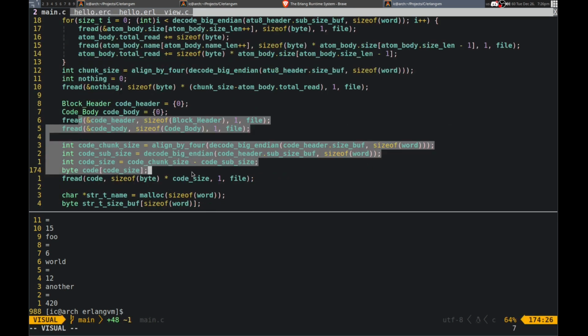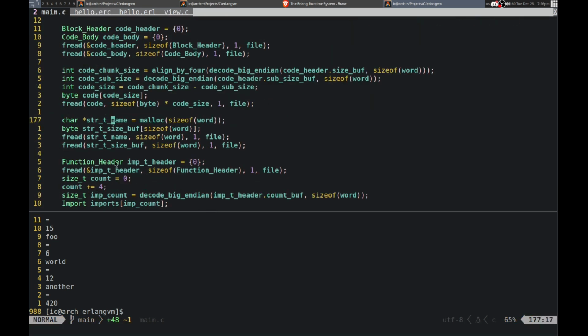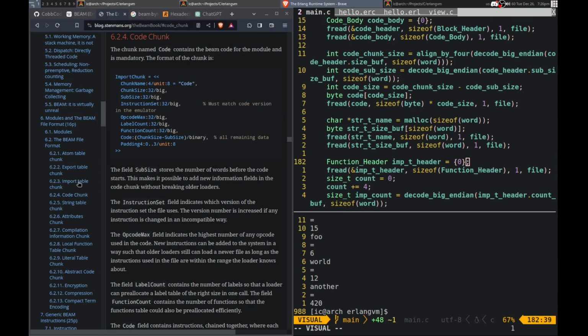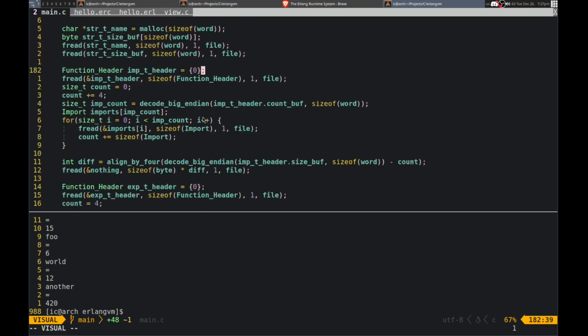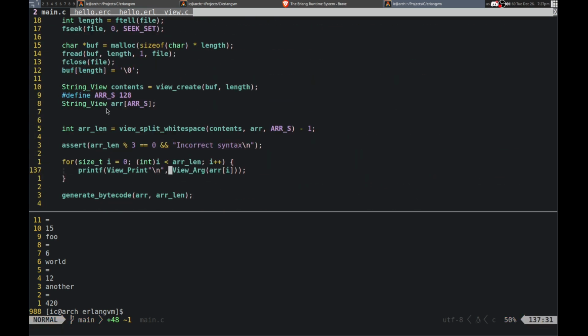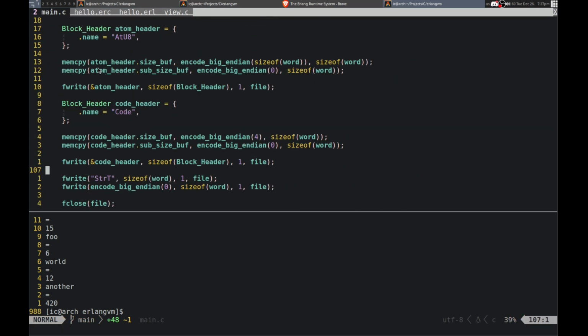Alright, so code StrT. So then empty. What is that again? Is that something I need? Import table. Index from that. Yeah, I don't have any of those. We're not importing any, so I don't think I need to worry about that. I can just make it 0 again. Import count, yeah, so make the chunk size 4 and then the import count 0, the same way I did the rest of it. It is basically the same thing.